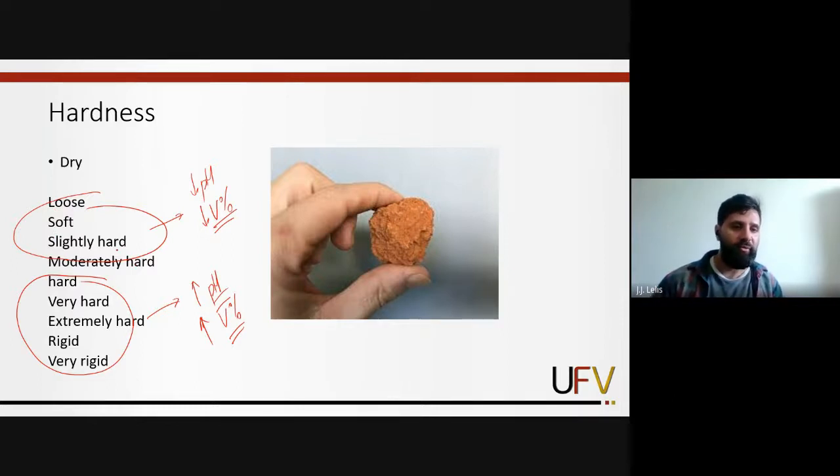a soil with a low content of bases, because you can put in some nutrients, you can correct the pH, you can increase the pH, but you can hardly manage these conditions. Like if the soil has a rigid or very rigid consistency when dry, and you are working or you live in an area that doesn't have a lot of rain, it's quite hard to